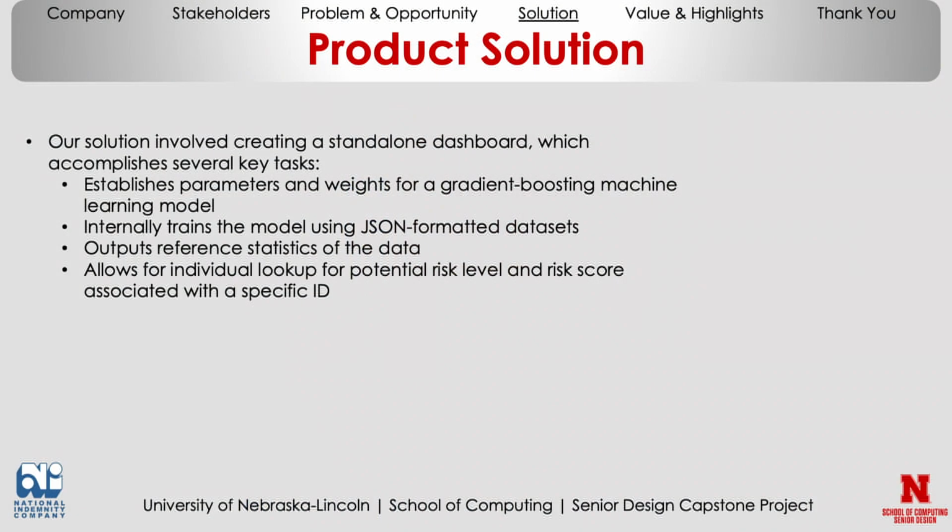With those adjusted parameters and weights, the model will be trained, and then it will output the statistical data, including the associated graphs, again for the ease of National Indemnity members. Last but most important, it allows underwriters to simply go into the software and type in the vehicle ID, like a VIN, except National Indemnity calls it the vehicle ID. That returns a risk index score the underwriters can refer to when making decisions on assigning insurance rates. Moving on to the next slide.